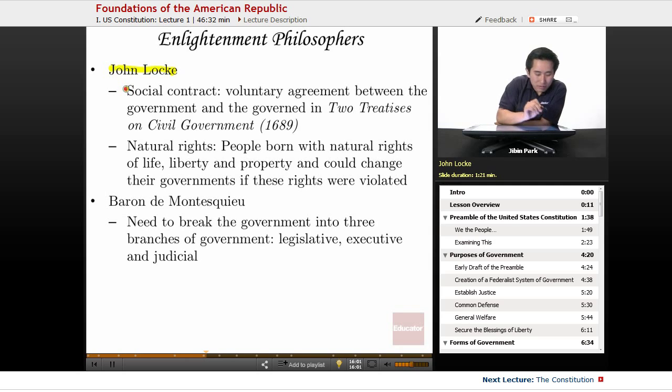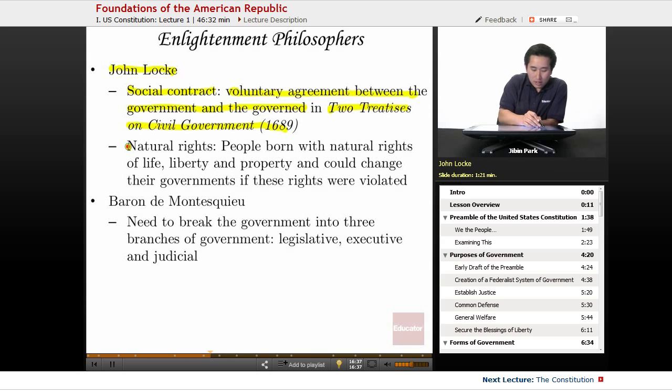He came up with the idea of a social contract. So when people are born, they basically go into a voluntary agreement between the government and the governed. He postulated this idea that there's a social contract, that when people are born, they basically agree with the government to abide by this contract. Now, the reason why it's important is that, when you enter into a contract, both members are expected to adhere to the rules in the contract.